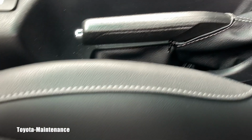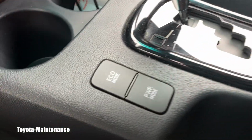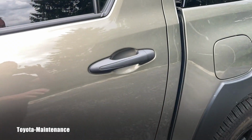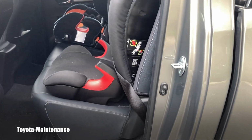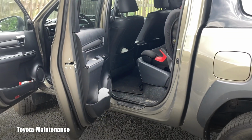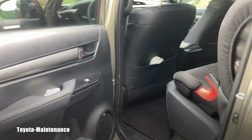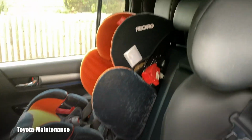The handbrake is here, it's not the pedal underneath there, but it's right here, back basically to its origins. This is a very nice surface, but that's not leather, this one. Eco mode and power mode here. And that's basically it. The owners have 3 kids, so you will immediately see the seats for kiddos. The rear door doesn't open very far, but that depends on the trucks. I think Honda Ridgelines don't open very much either, so it might be slightly narrow, but it's Tacoma. This is not the biggest truck in the world,